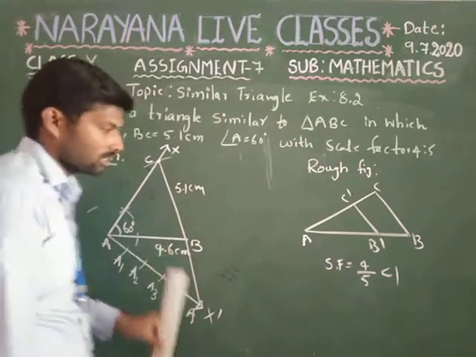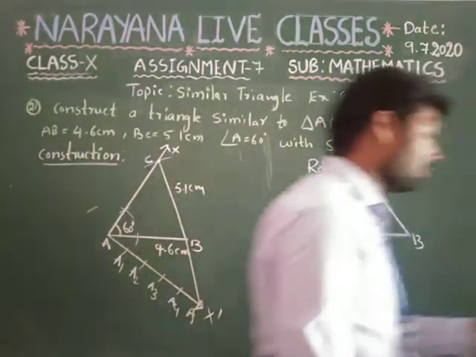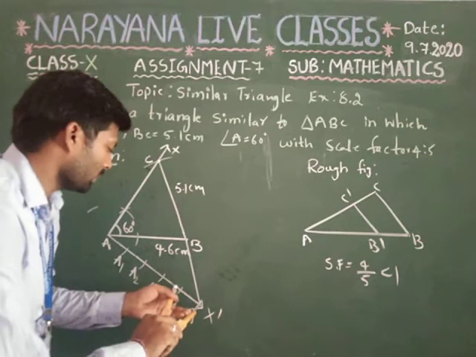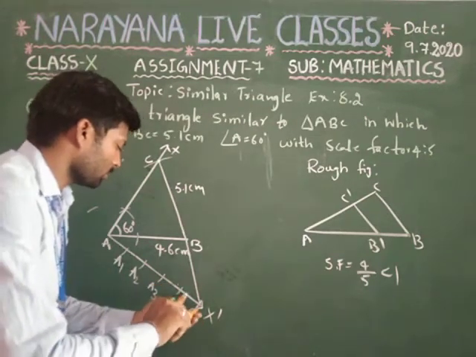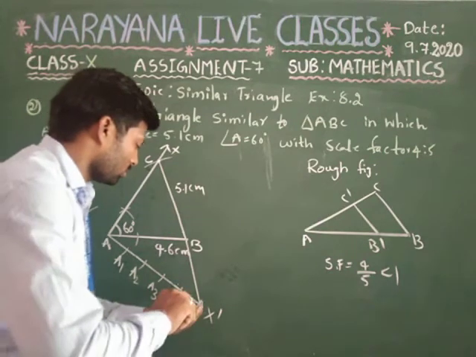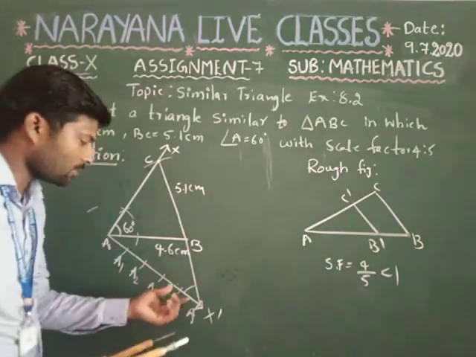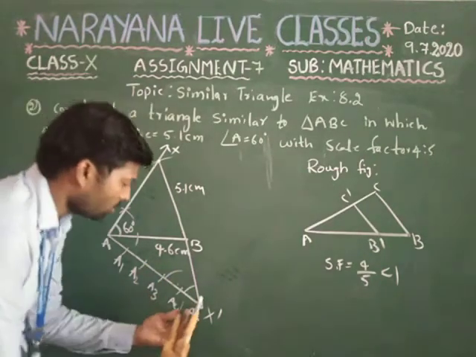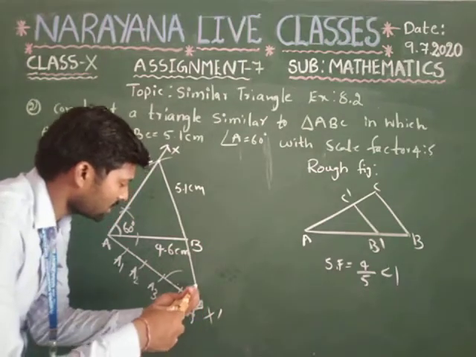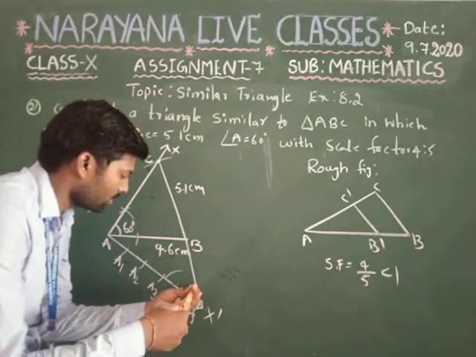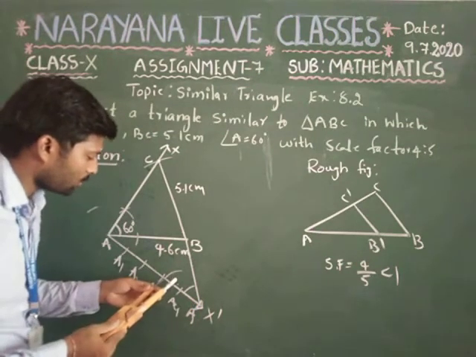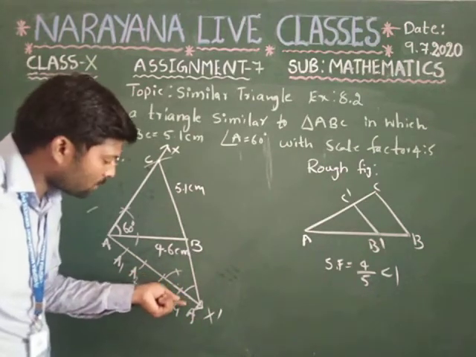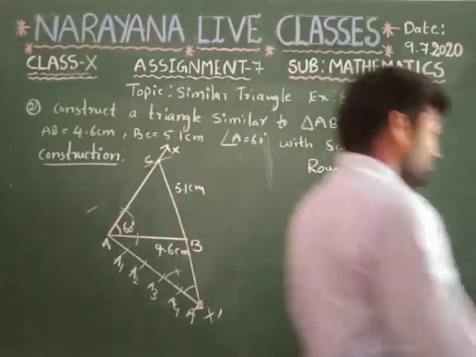Let's see how we are going to draw the parallel line. It can be drawn with the help of a compass. Take any length as a radius, better to take this much, and draw an arc. With the same radius, take A4 as a center and draw one more arc. Now take this difference as the radius, take this point as a center and draw an arc. Then draw the line which passes through A4 and this point of intersection.